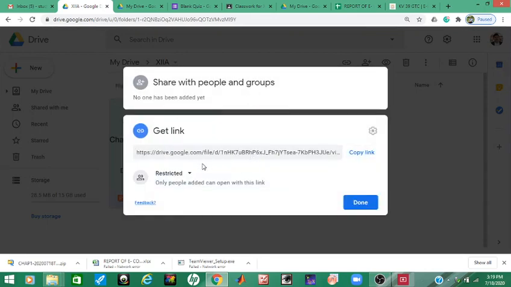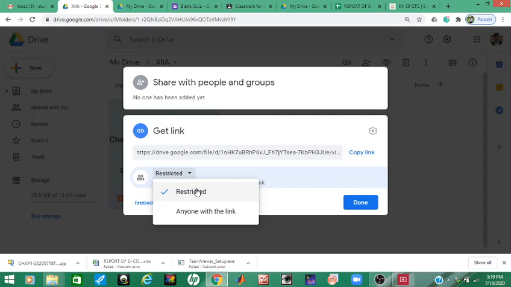And here by default restricted option is coming, so you have to change it to the anyone option. Anyone option means the link you are sharing, by using the link everyone can access your file.